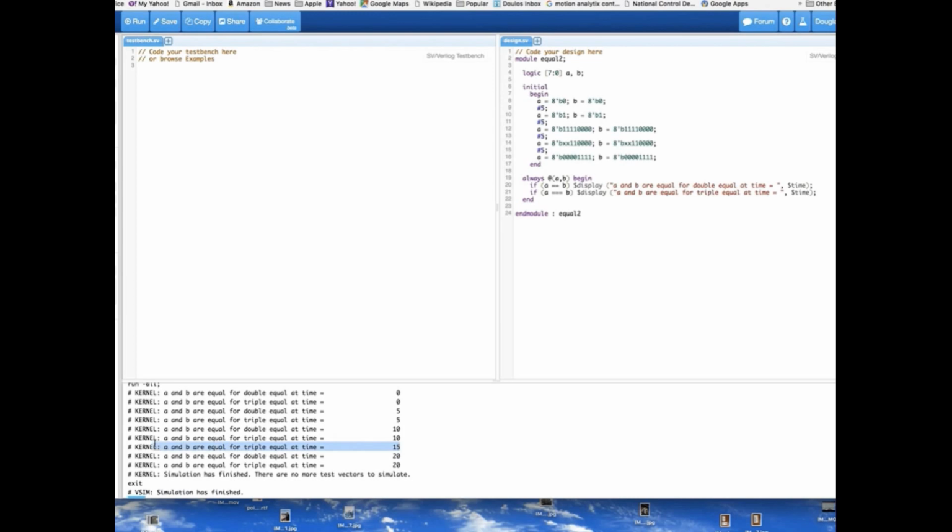It doesn't compare at all on the double equals, because the result of the comparison is actually an unknown, and so it doesn't trigger the if statement to actually do the dollar display in this case. All right, so